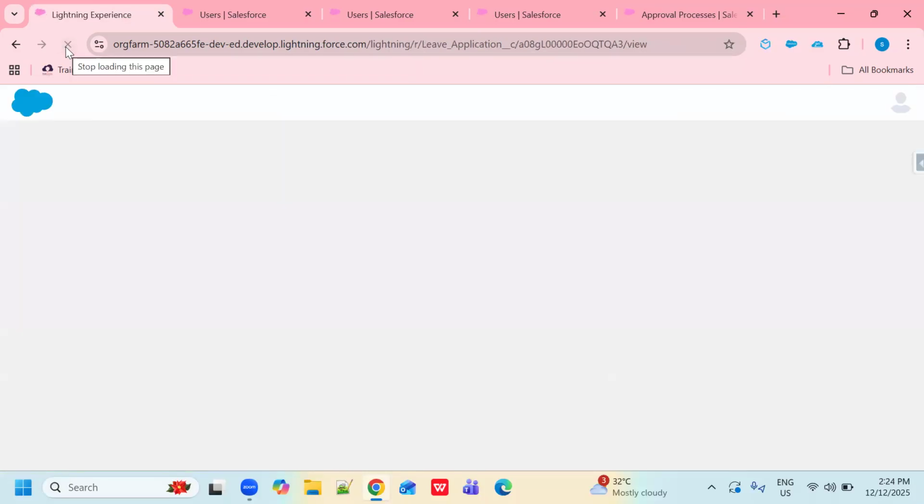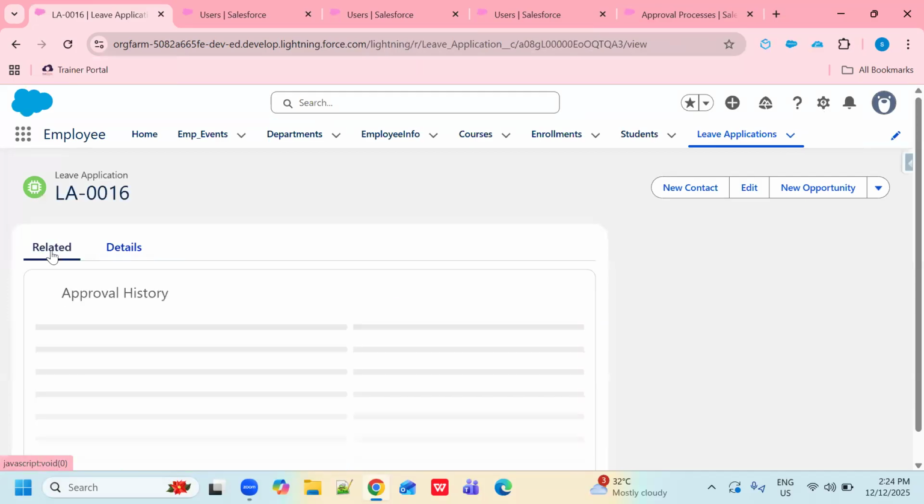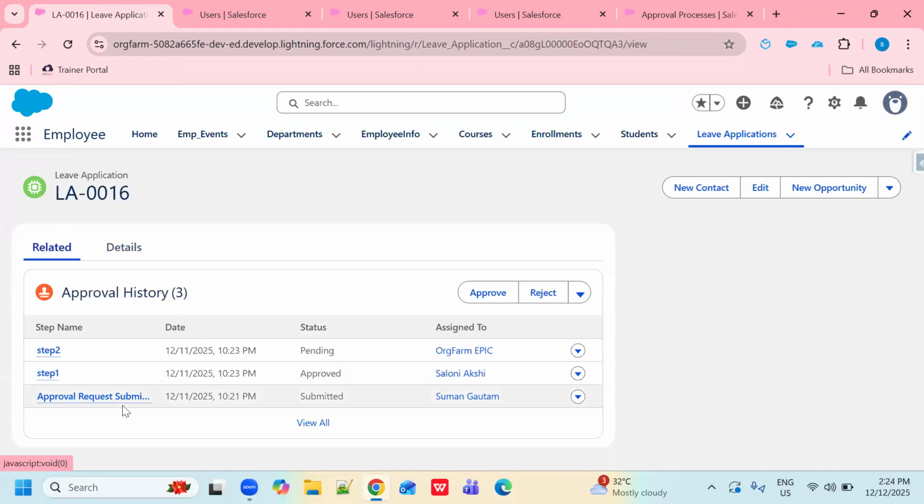So in detail you can see here step 1, from step 1 that is approved, and step 2 it is pending, right? So final approval will consider from here, or rejection, whatever he will decide, that will be considered here, right?